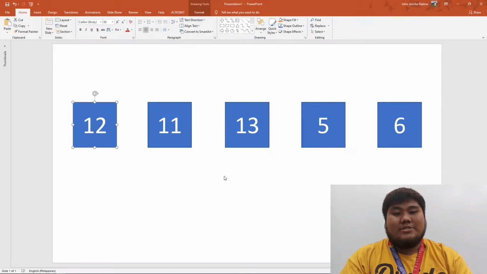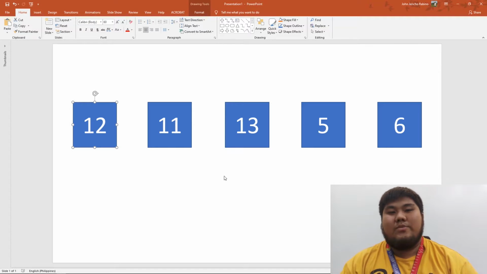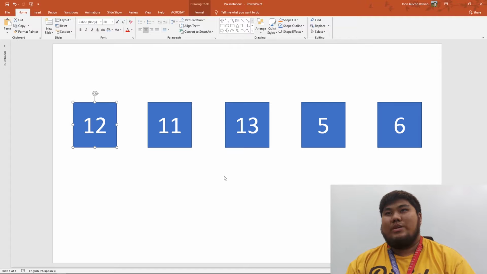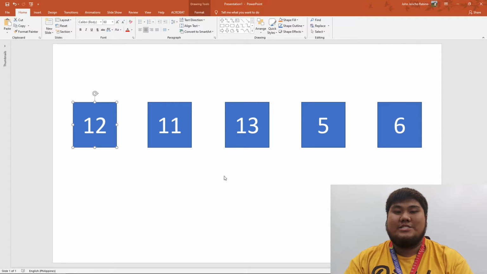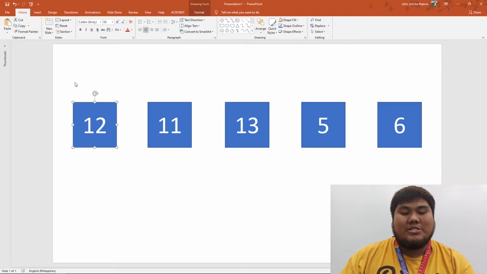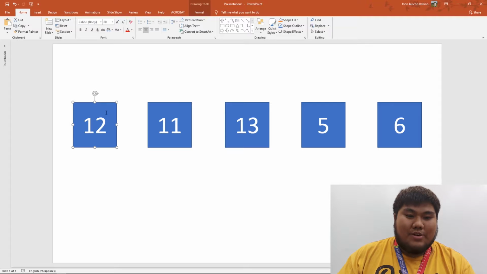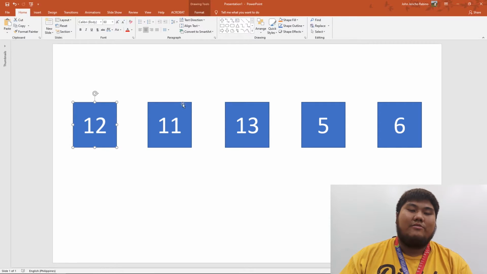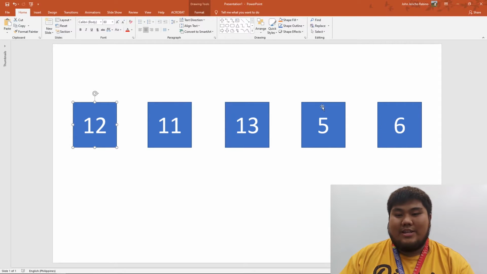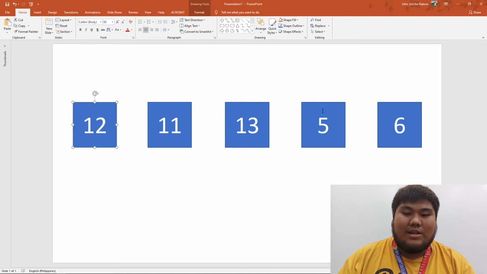Hello, good morning! I'm here to discuss insertion sorting. The way insertion sorting works is just like how we arrange cards in our hands. So basically, the numbers in the array are set up like this. We just pick a number, we look for the lowest number, and then we move it to the furthest left. So let's say the number is 5,